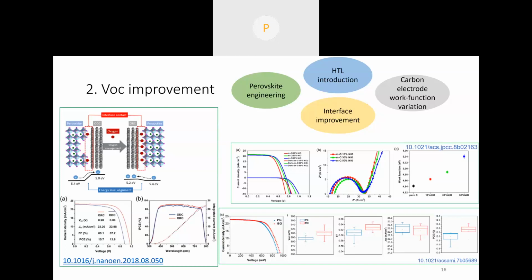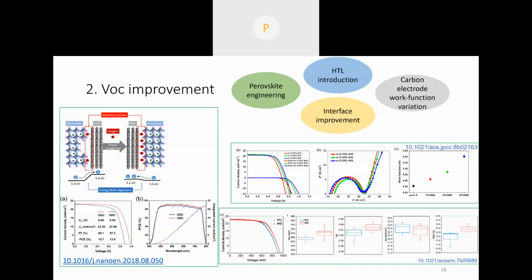So they checked the effect of this modification on the device performance, and they found that if you shift the work function of your carbon electrode nearer to the valence band of your perovskite, the VOC will directly improve. They saw a similar effect in the impedance analysis: your series resistance is reduced, meaning the resistive effect is reducing, and your transport resistance is also reducing with the addition of nickel oxide and the lowering of the work function of your